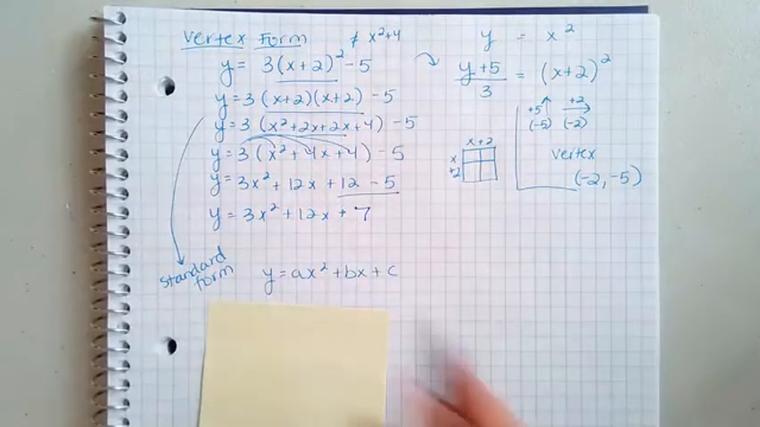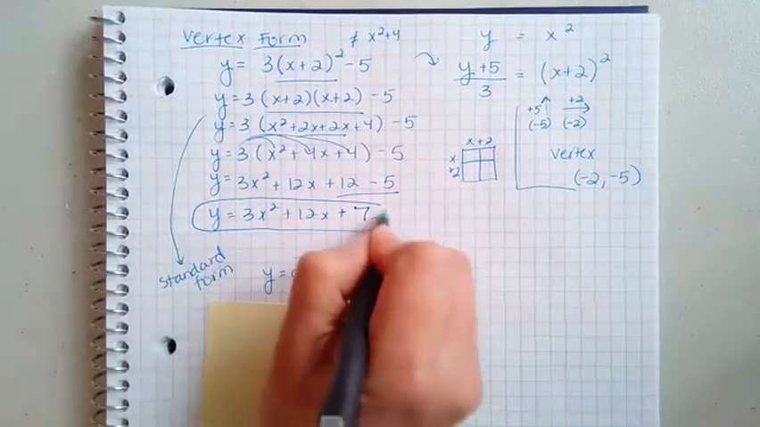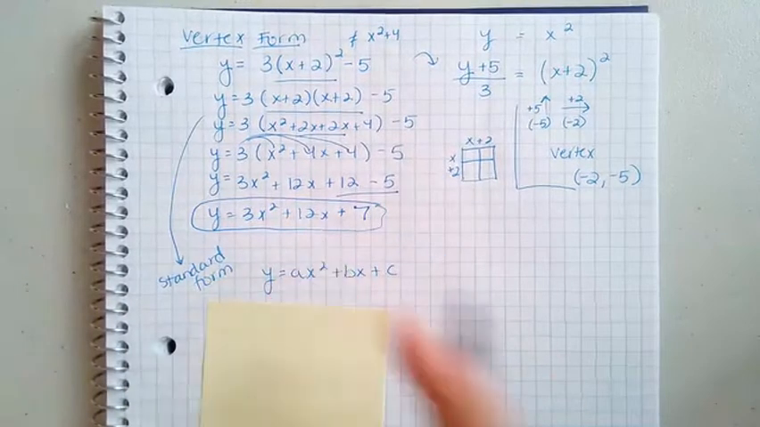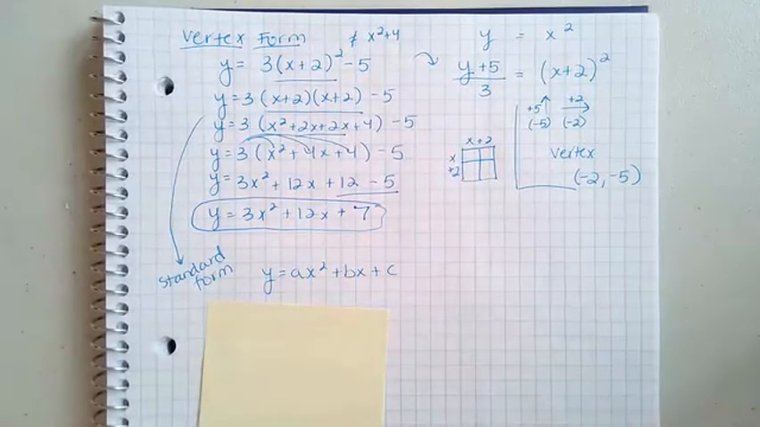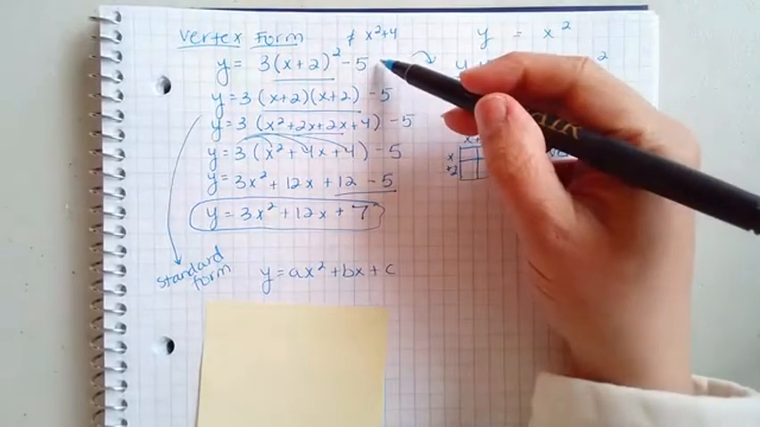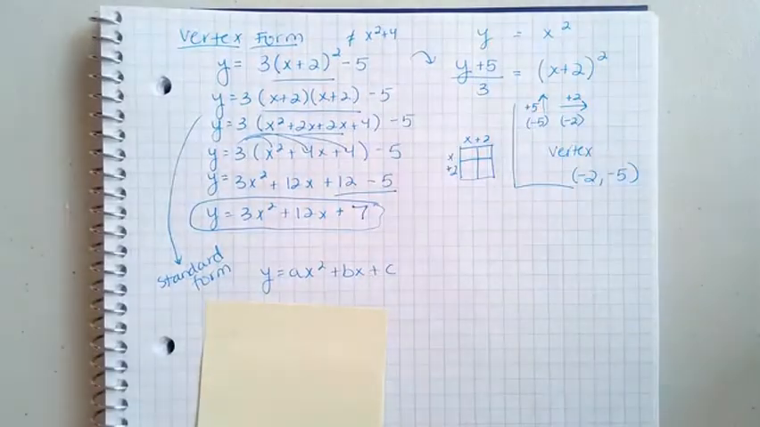And I get my answer. This is my answer. This is in standard form. You might be thinking, why? Part of the reason why we're doing this is it's good algebra practice. Part of the reason is just to notice that two things that look so different, this and this,